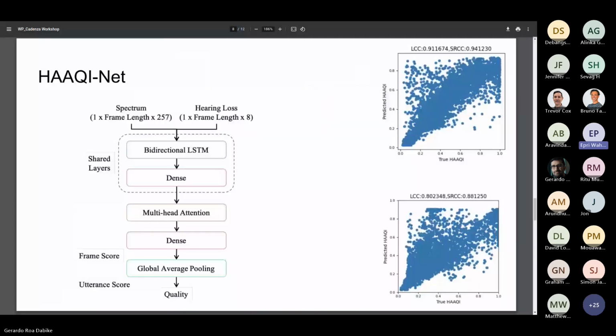Okay, and this is the HAAQI-Net that I mentioned before. The input is the music, and then we have the hearing loss. The music is provided by the organizer, and the hearing loss is also provided in the metadata in the datasets. However, we did a lot of adjustment in making the dataset, because when we looked at the HAAQI score, especially in task 2 in the car enhancement, the score only ranges between 0 and 0.2, or below 0.4.